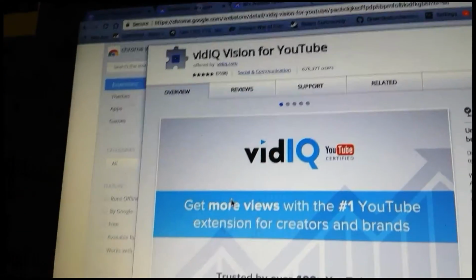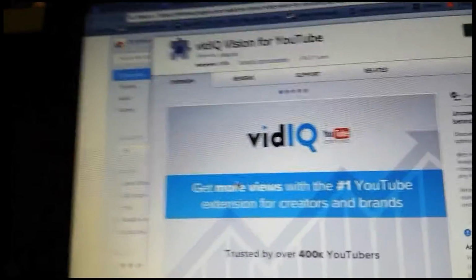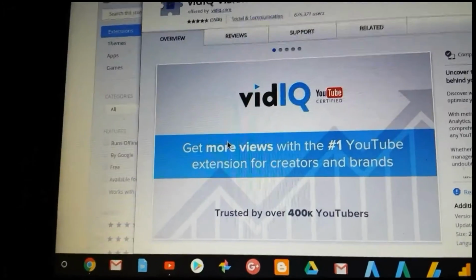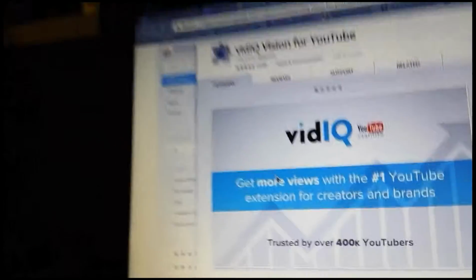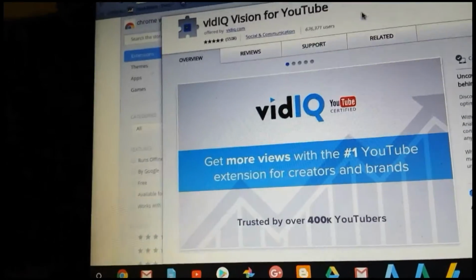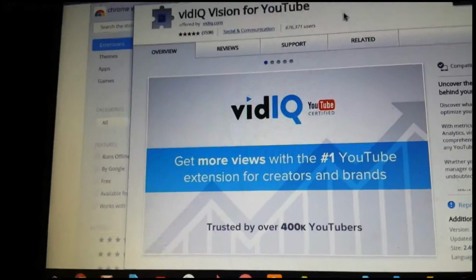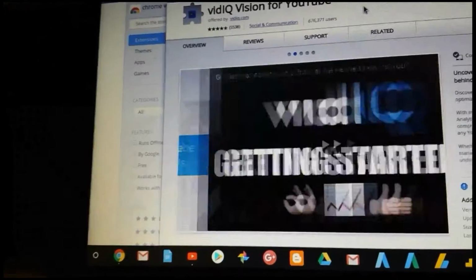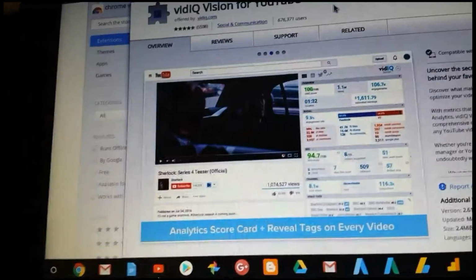So, before we go to the official website, I'm going to take you to here. Because if you got Google Chrome, and well, basically a Chromebook as well, but of course, if you have another computer other than Chromebook, that's okay. But you can still have a Google Chrome there. And if you do have a Google Chrome browser,